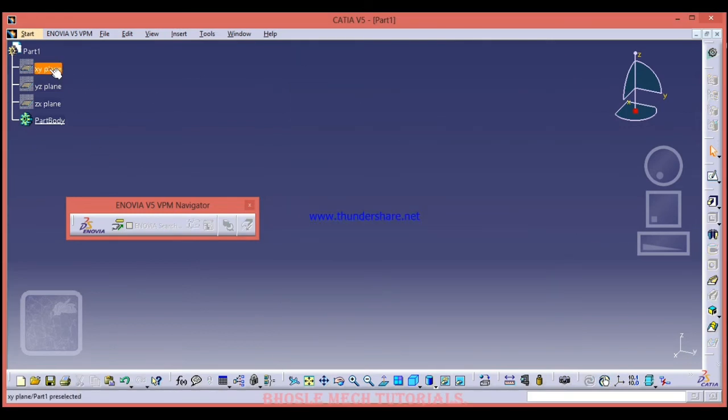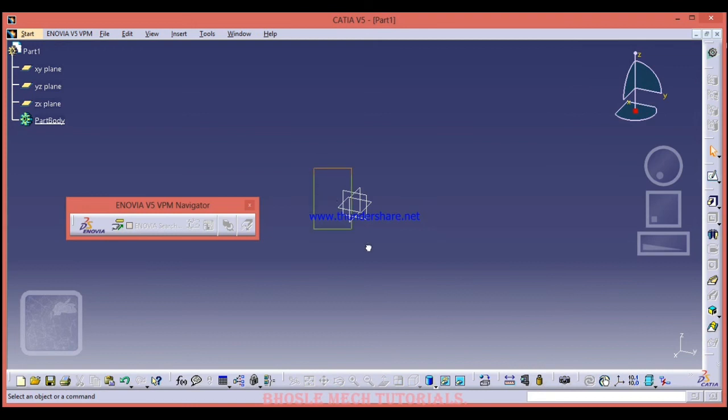See friends, here these XY, YZ and ZX planes are hidden, so I just press my space button so that these planes are shown.